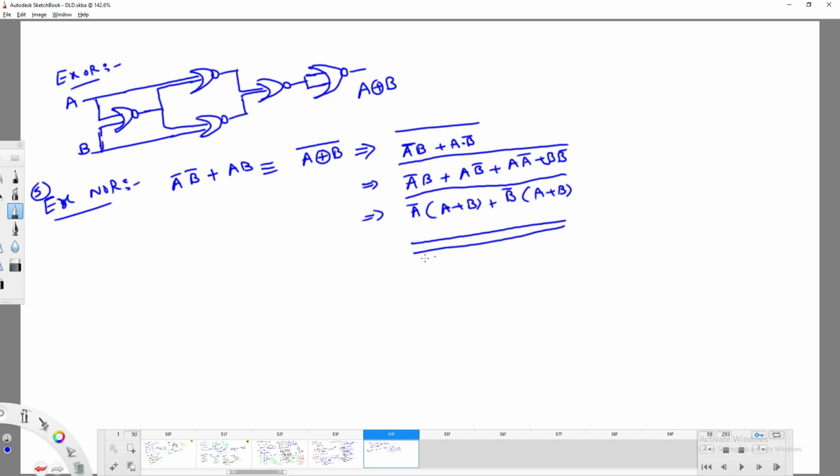Do the double complement again, then you are going to get a bar into a plus b, plus b bar into a plus b. Okay, fine. Now try to distribute this,